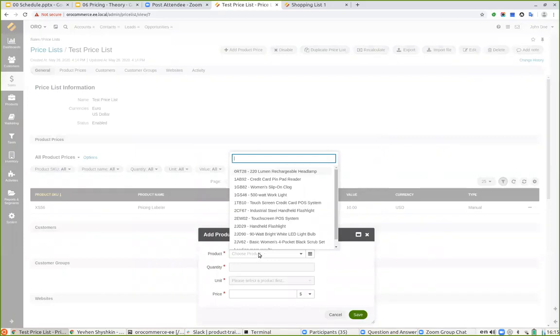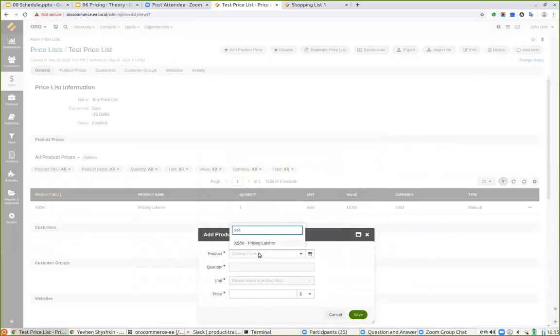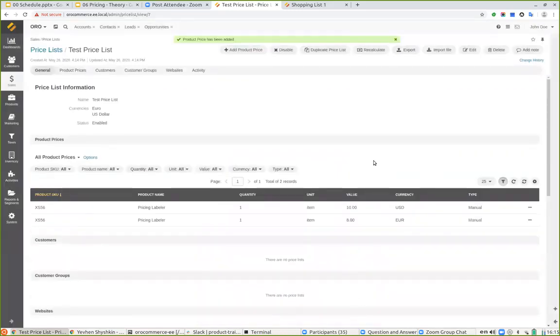We need XS56, quantity 1, item 1, price 8 euros. So now in this price list, in the same price list, we have two prices for the same quantity, same unit, but different currencies. We cannot add the price for the same product, same quantity, same unit, and same currency